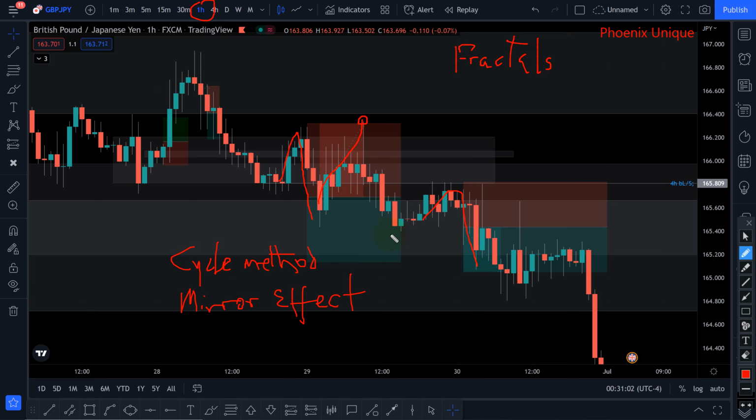Now the mirror effect is whatever price has done the day before, there is a high probability that it could repeat that price action, that it could just repeat that thing that occurred. It dipped, it did not hit the take profit, it came up. I did not draw anything different. So because of the concept of mirror effect,